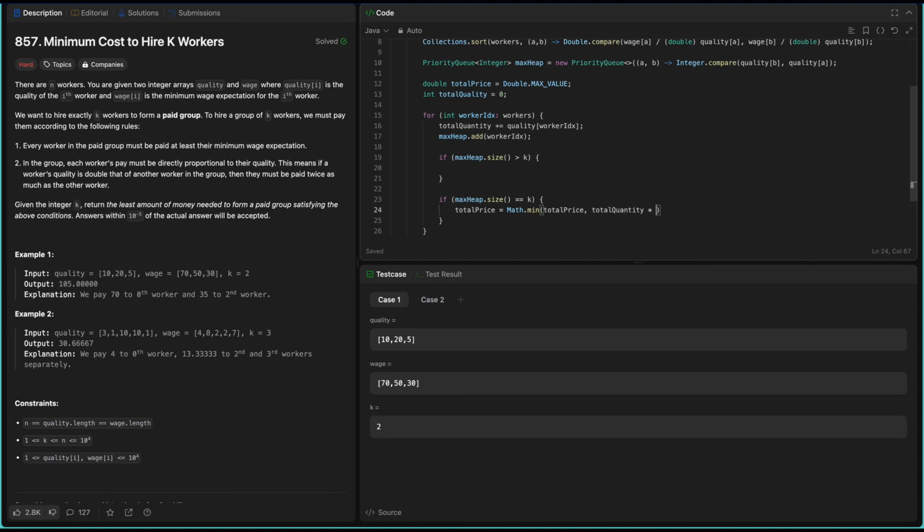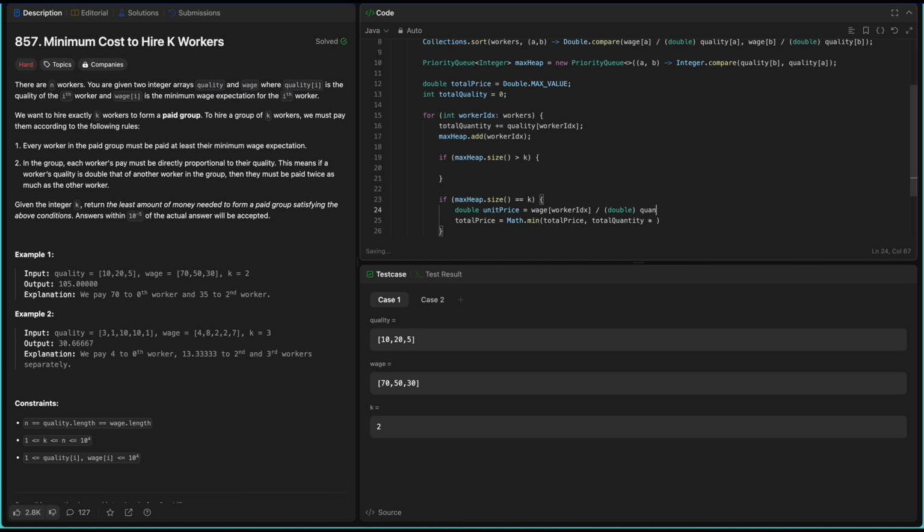So what we will do is calculate the current unit price. So we can say double unit price is equal to the wage that we have, and wage of worker index divided by double, like we were doing earlier, double of